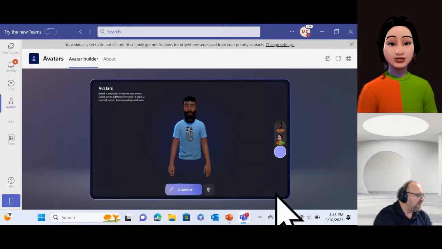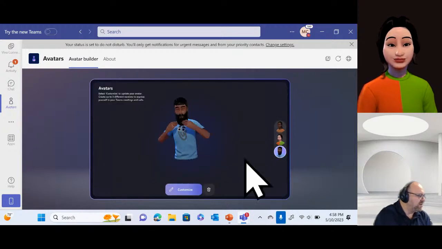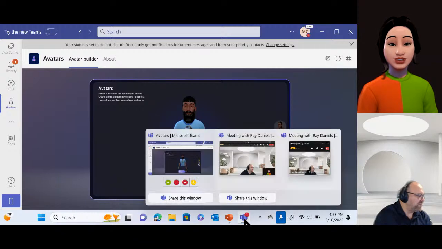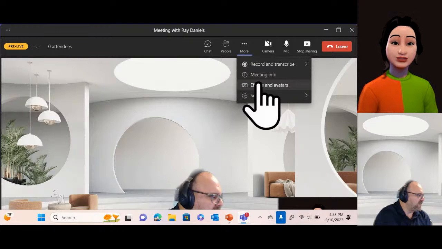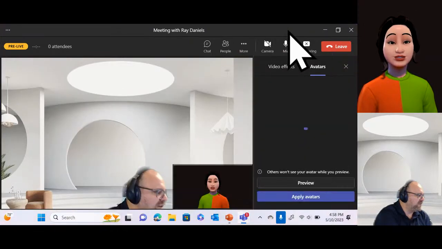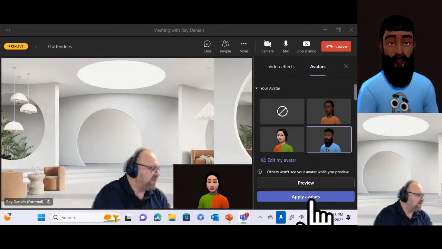And then I can go ahead and save those avatars and switch amongst them while I'm in a meeting. So if I go back to this window, effects and avatars, and we switch yet again to a 3rd avatar with a Clippy shirt.